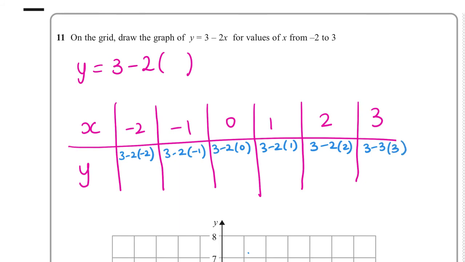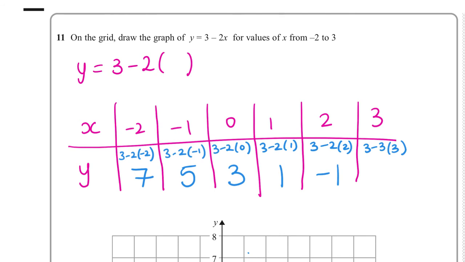Okay? Now, what's really important is that we work this out correctly. You can, if you want to, put this straight into your calculator. However, we should be able to do this. 3 minus, you can leave that minus. What's 2 times minus 2? So 3 minus minus 4 is 7. 3 minus minus 2 is 5. 3 minus 0 is 3. 3 minus 2, 1. 3 minus 4, minus 1. 3 minus 9 is